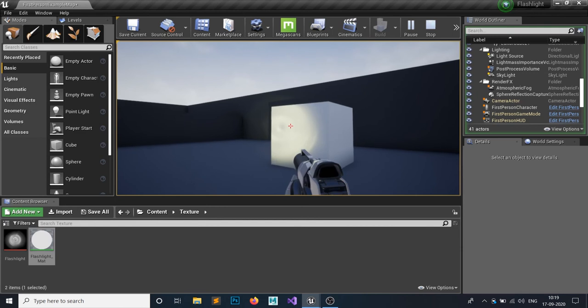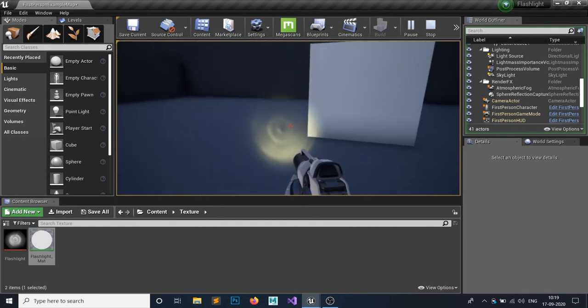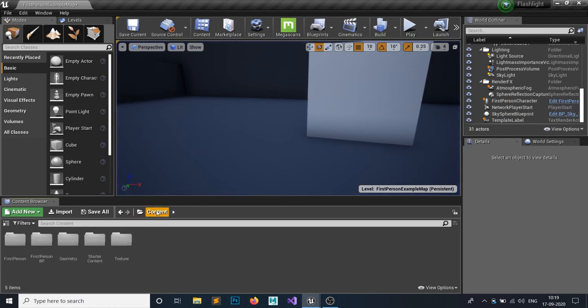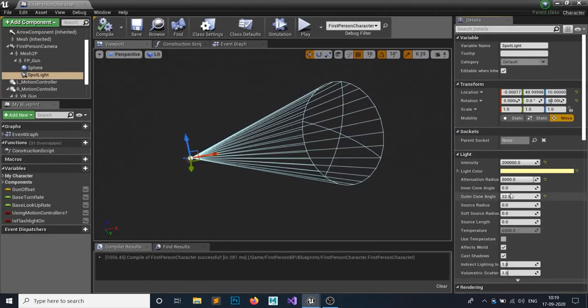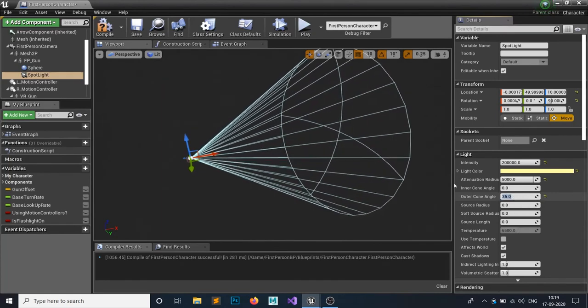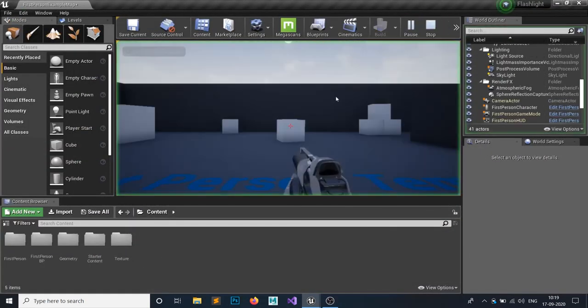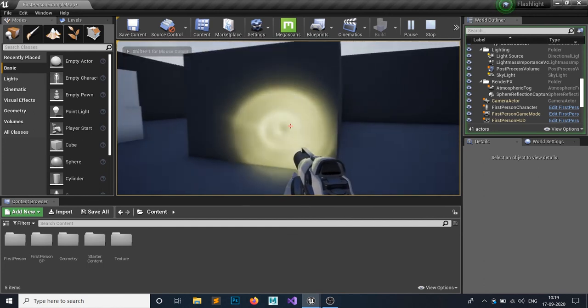If you're not happy with this little circle, you can set a bigger one, because I'm not happy with the circle. So let's set this cone to 35, it would work fine for me. So hit compile. Yes, I'm happy with 35. Yep, this looks good.